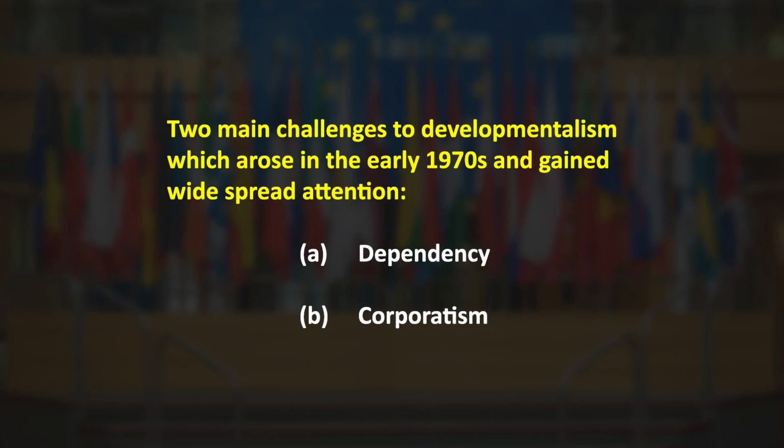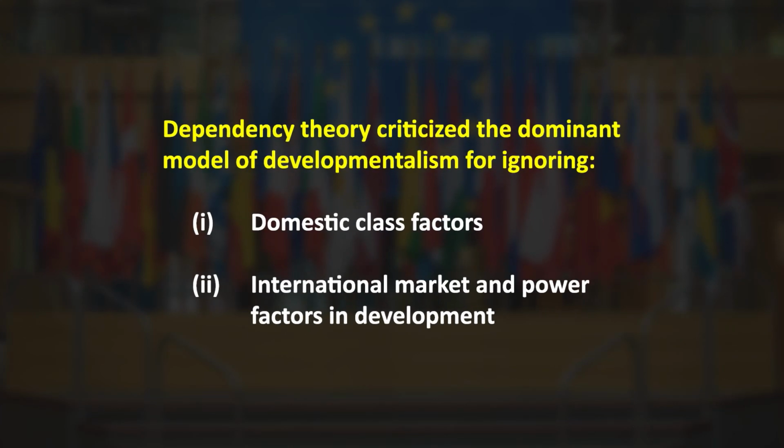So, dear students, they stressed the need to concentrate on looking for solutions to the backwardness of developing countries. Two main challenges to developmentalism which arose in the early 1970s and gained widespread attention were A. Dependency and B. Corporatism. Dependency theory criticized the dominant model of developmentalism for ignoring, number 1, domestic class factors and second, international market and